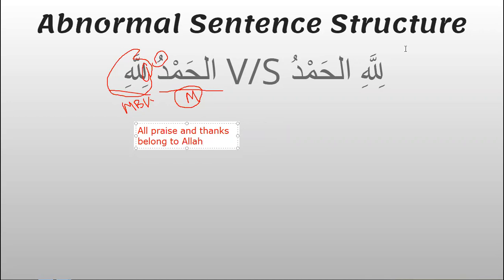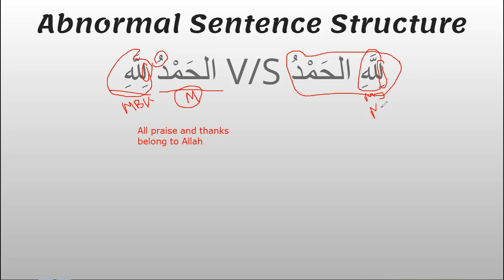Come to the second sentence over here. Lillahil hamd. It's the same thing, right? Just the order is switched. Lillahil hamd. Lam came first, and Allahi. Lam and Allahi is jar majroor, right? Jar majroor fragment, and we consider jar majroor fragment as muta'alliq bil khabar, right?